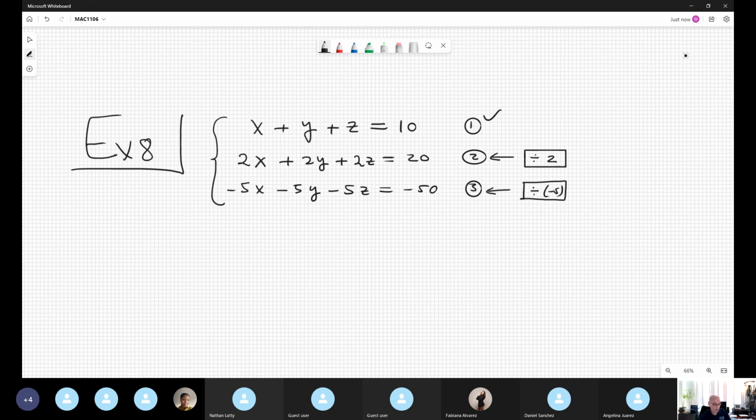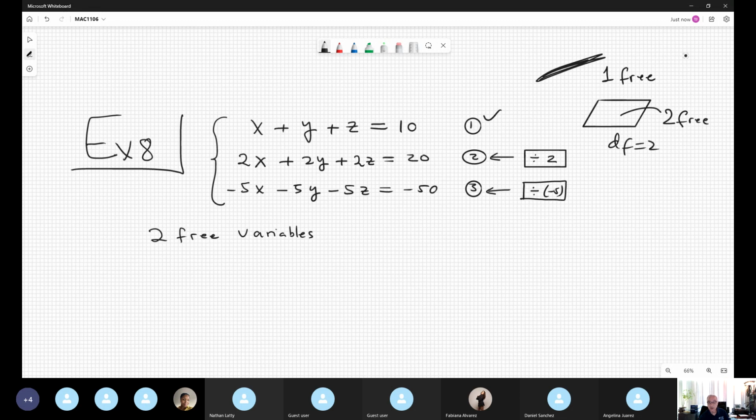Now I take it, okay, we have in this case 2 free variables. How do you know that we have 2 free variables? Because in this case the solution is a plane, not a line. When it's a line, it's 1 free variable. When it's a plane, it's 2. Because the dimension of the plane is 2, the degrees of freedom are 2, and the degree of freedom for a line is 1. It's two variables. Okay, you declare, for example, that you take y and z free, any real number,